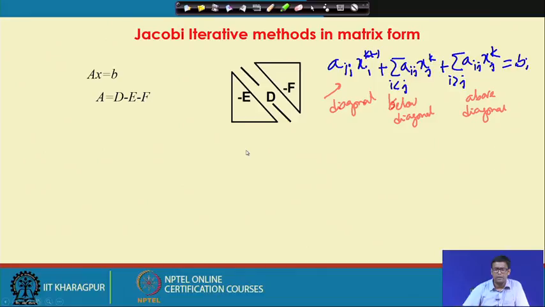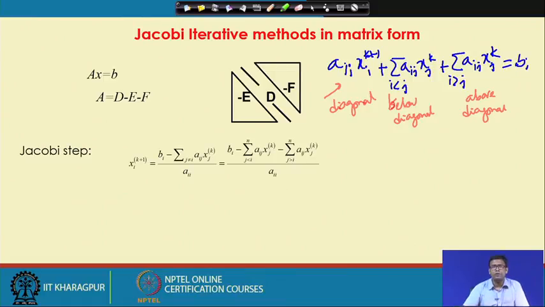One is the diagonal component D, another is the lower triangular component minus E, another is the upper triangular component minus F. And now, we can write the Jacobi step as x_i^(k+1), which is the updated x vector. From here I can directly write it as b_i minus the sum over j not equal to i of a_ij x_j at the kth level, divided by a_ii, which means b_i minus the terms